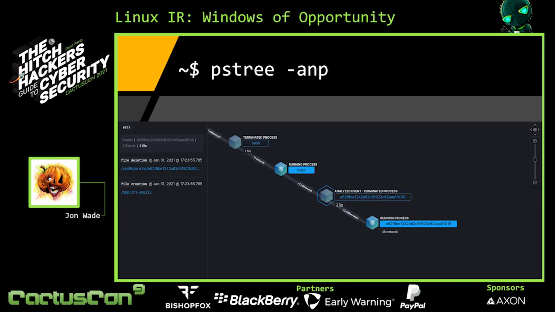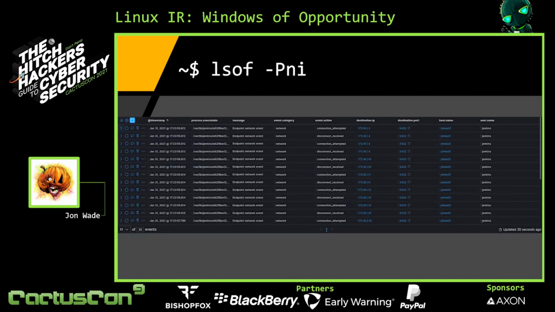Let's continue down this train of thinking to see if we can determine the purpose of this executable. With our network connection logs, and these are all logs that are coming directly off that Elastic agent so far, this isn't a tap, it's directly off the agent, it's pretty easy to see some scanning activity going on here.